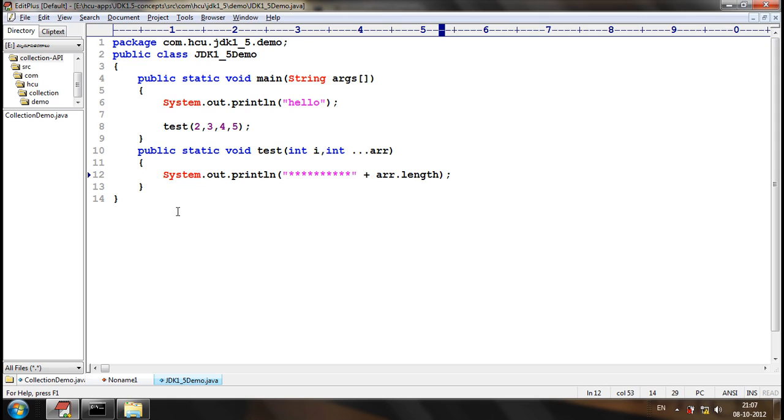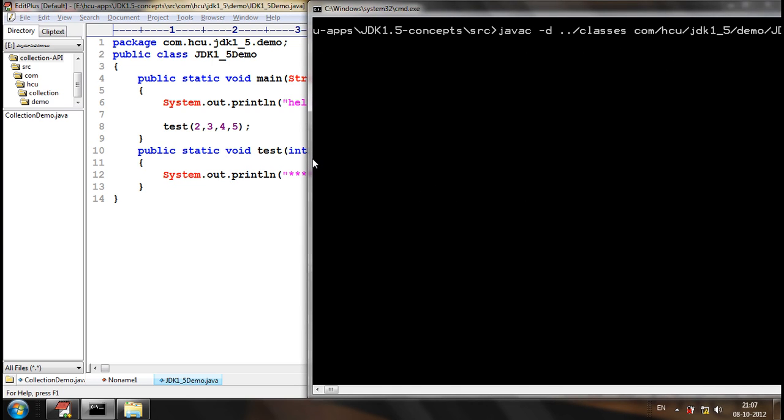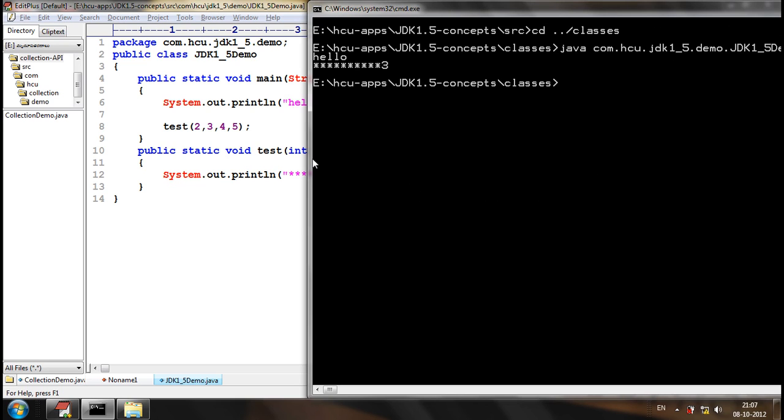Why is the size printed as 3? Just because the first parameter that I am sending will go to i, and 3, 4, 5 will go as an array to varargs. So only 3, 4, 5 will be in arr. So the array length is 3. Understood? First it satisfies the fixed arguments. After the fixed argument, whatever it might be, it will be varargs. The size is 3. Understood?